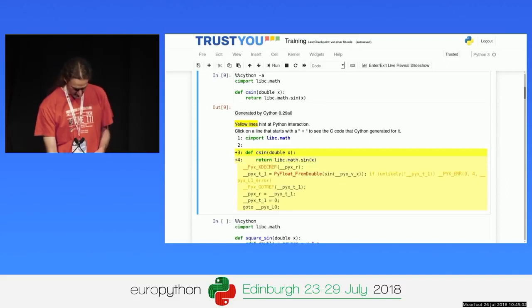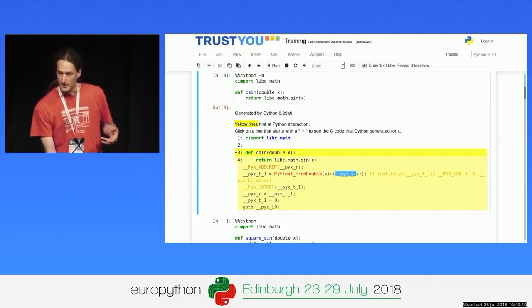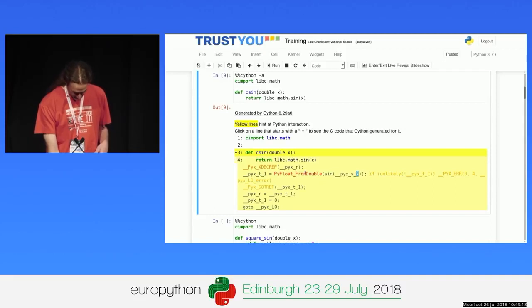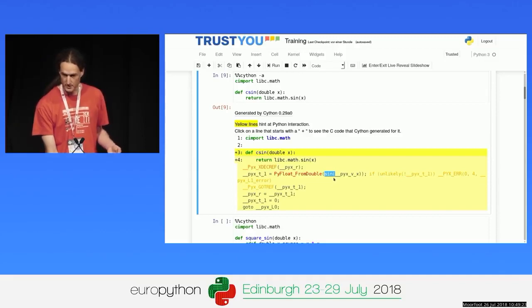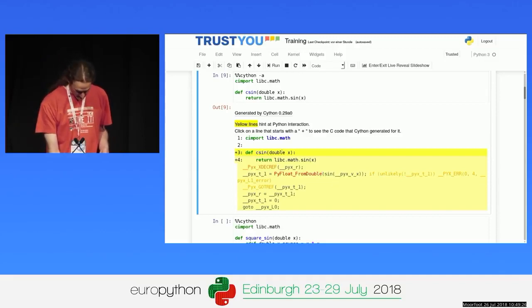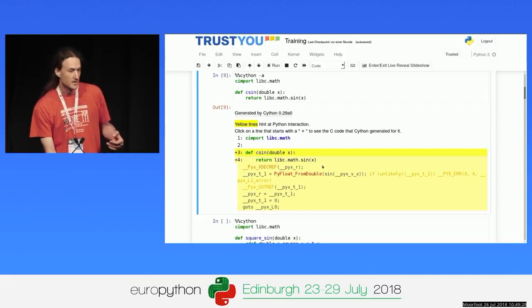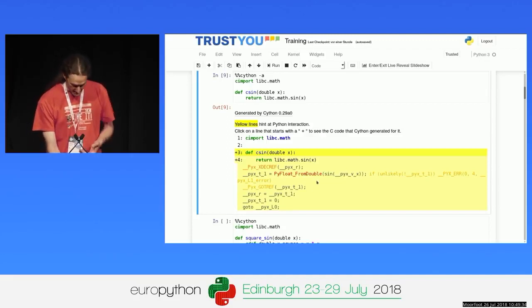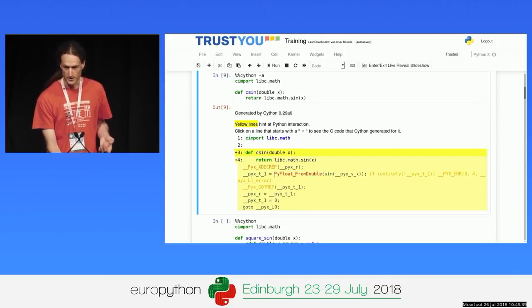And the second line is actually more interesting. I can see that there's an x argument going in. We're mangling the argument names when we generate the C code to avoid naming collisions. This is basically variable x that I put in. I call the csign function on it, and you can see that it's really a straight C call to csign. And then, since this is a Python function, the end result has to be passed back to my Python caller, and for that, it converts it from a C double to a Python float. And this is what this C API call is doing here.